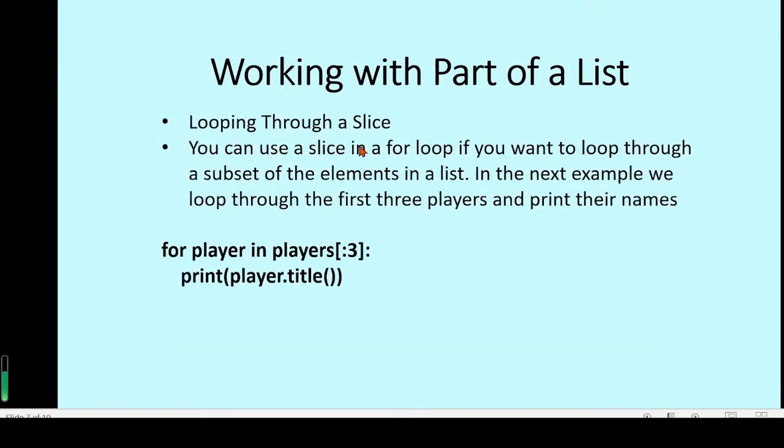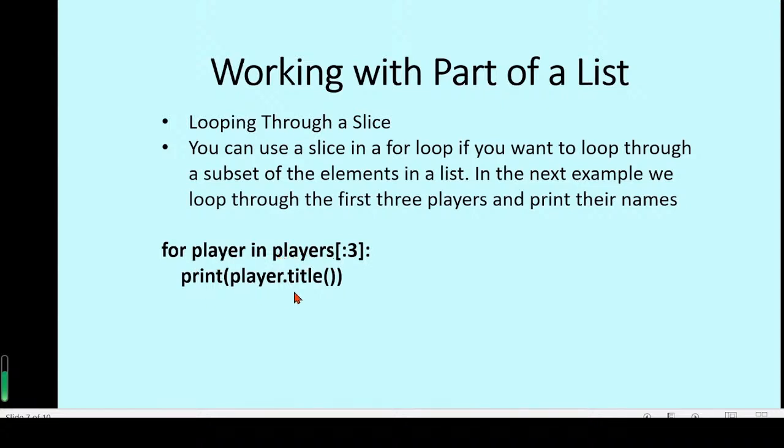And looping through a slice. You can also use a slice in a for loop if you want to loop through a subset of the elements in a list. In the next example, we loop through the first 3 players and print their names. For example, you can write for player in players[:3], so from the first to the third element of this list. Then for each element of these 3 elements,